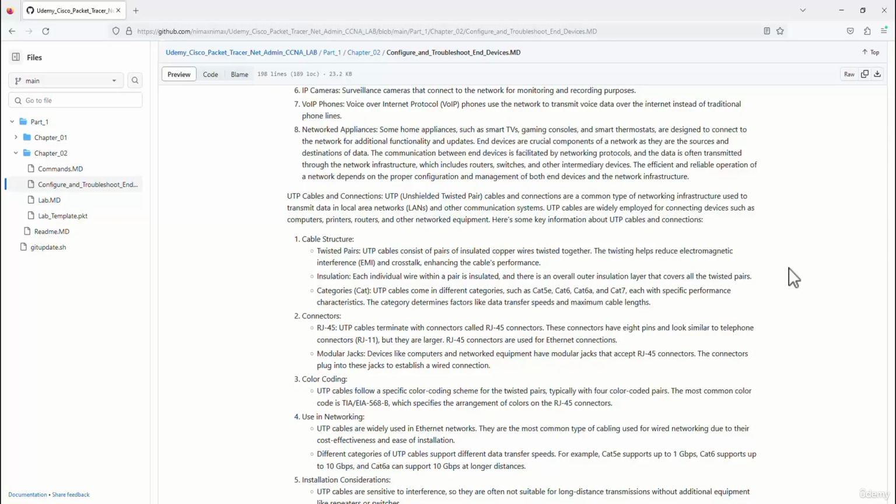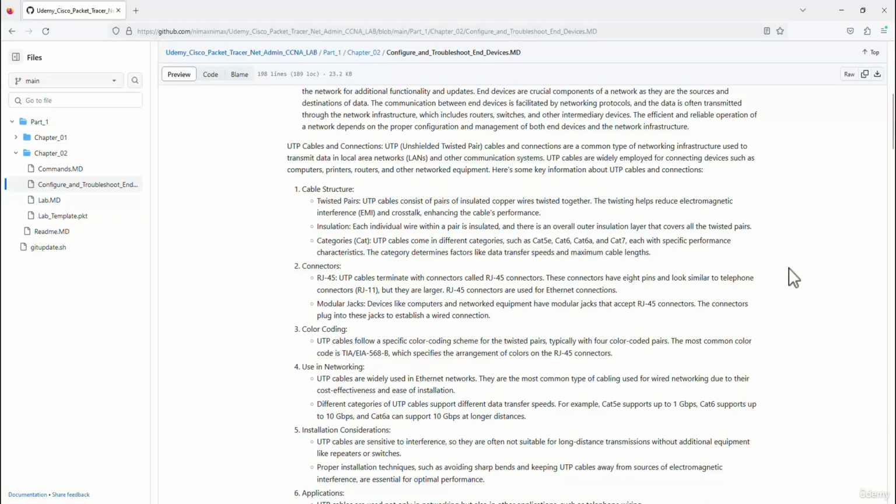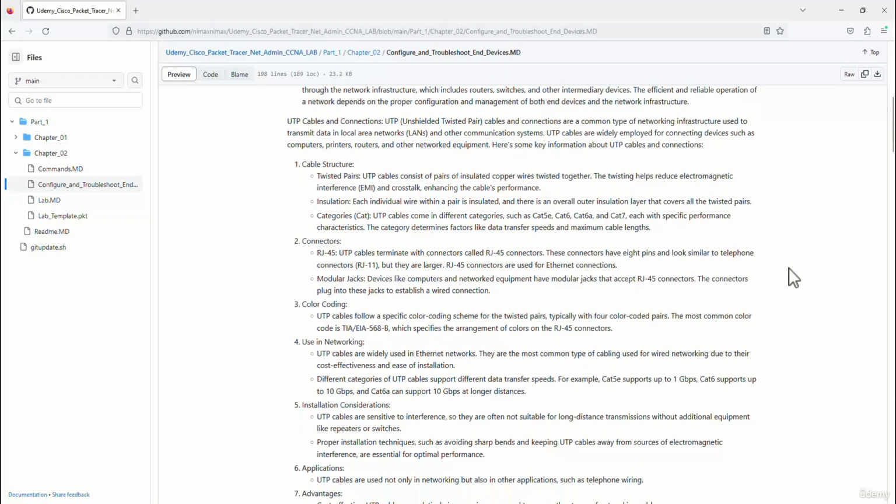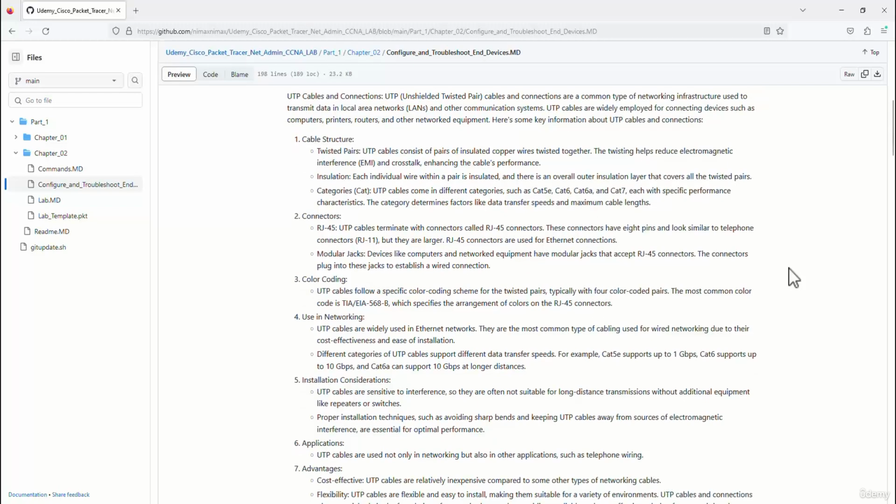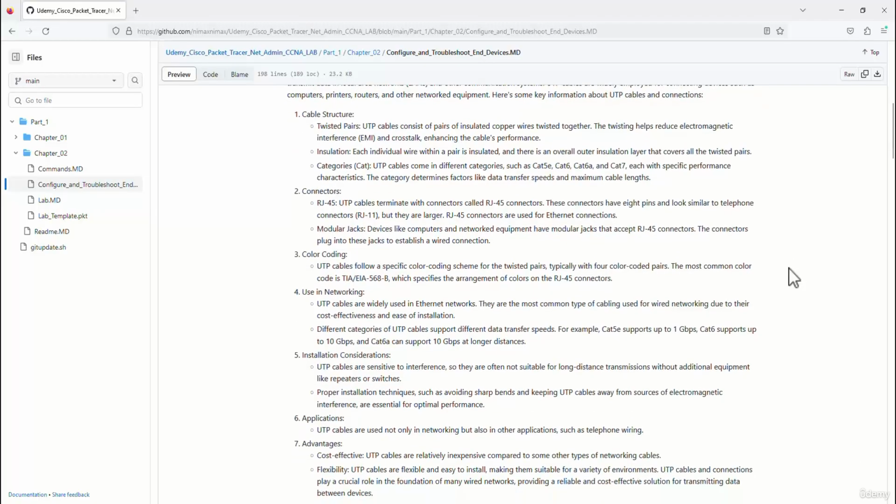But just for now, we should know that the UTP cables are the cables that we connect the hub devices together, the end devices to the switches, and like that. So we have different categories: Cat 5, Cat 6, Cat 7 kind of cables, and the connectors for these kind of cables are RJ45 connectors. We should know about the standard, the connectors, and the difference between the cables and the category and